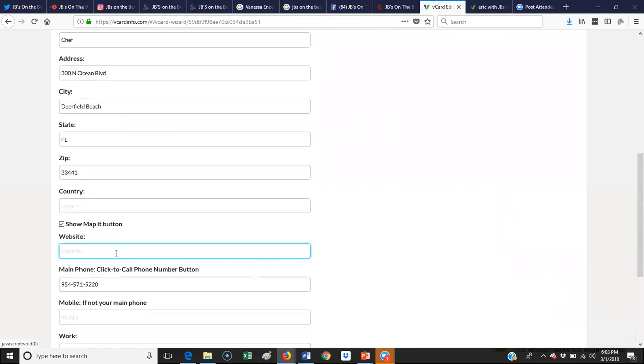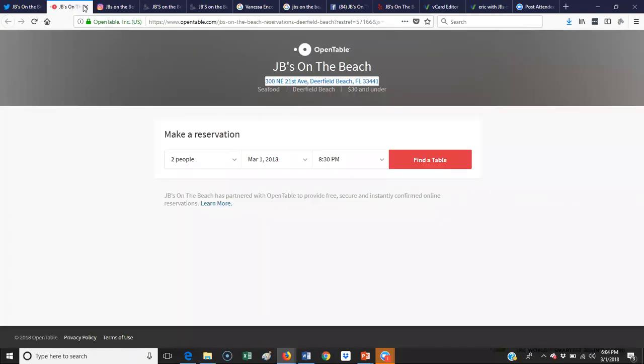So we can put in here the website for JB's on the beach. I will say vCard in itself is a website for your business. So if you're considering getting a website, I would first try vCard. You can build out multiple pages. You can have videos, slideshows. I mean, anything that you can do on a website, you can do on your vCard. So I would first look at using vCard and seeing if that could work for your website, especially if you're